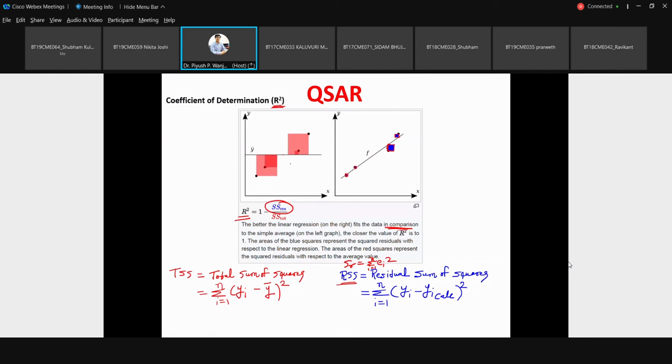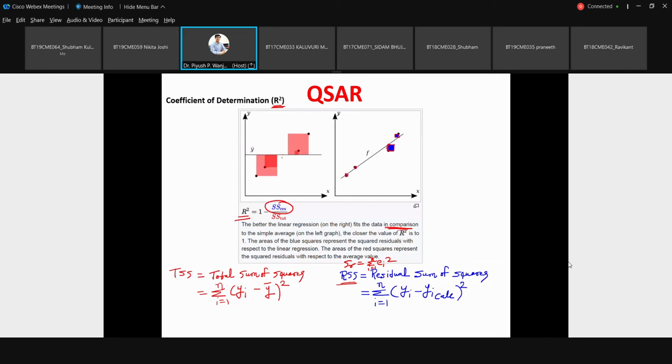Which one will be the more accurate way of fitting, the right side or left side? Right, of course, the right side.